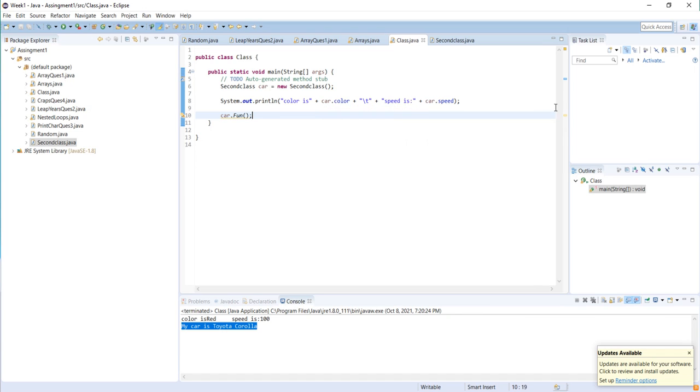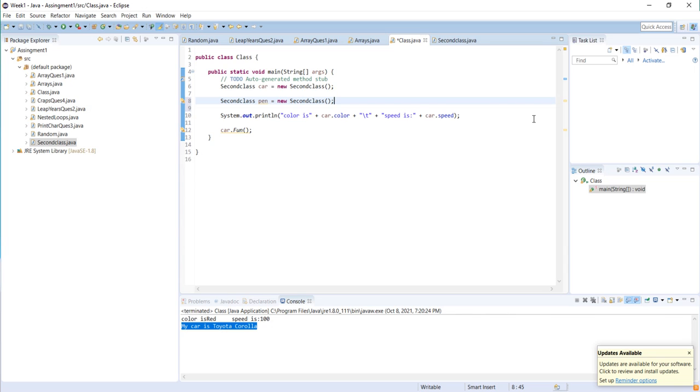Just make sure there is always one main, and inside that one main you can create many objects, not just one. In this case we have just created one object, but we can create many objects and use those objects to call functions and attributes. So I can also create, say, some other object, like pen, and then create an instance of it.